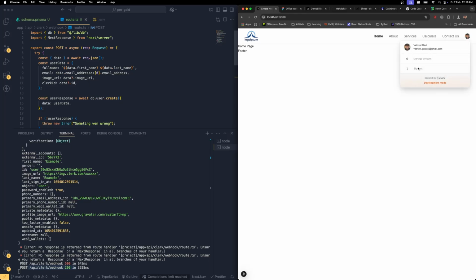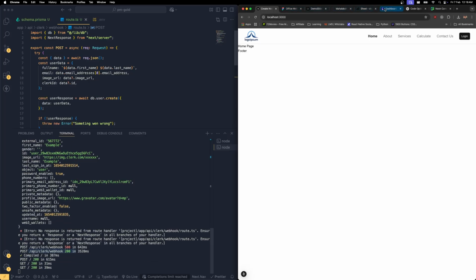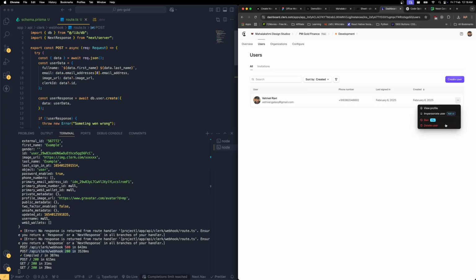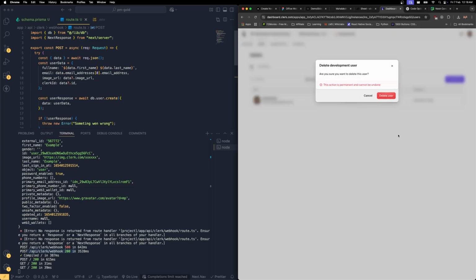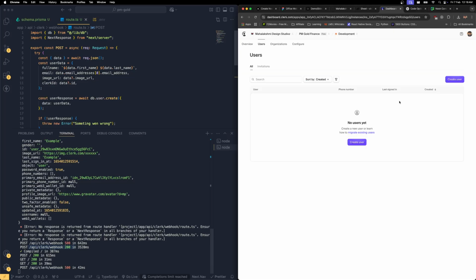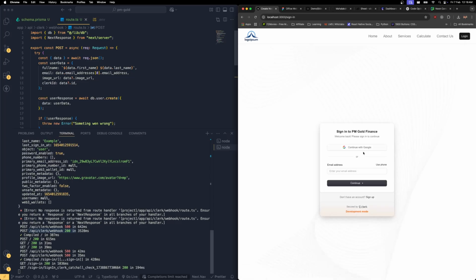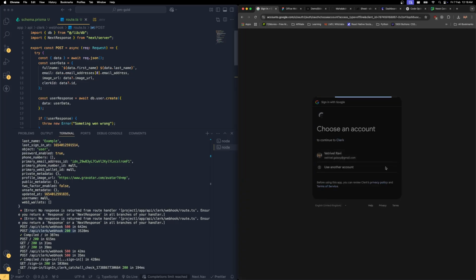I'm just going to log out and get into the Clerk users because I need to delete this user. Let me delete this user, delete. Now there is no user. Okay, so now all I have to do is click over here, continue with Google, choose this account, continue,